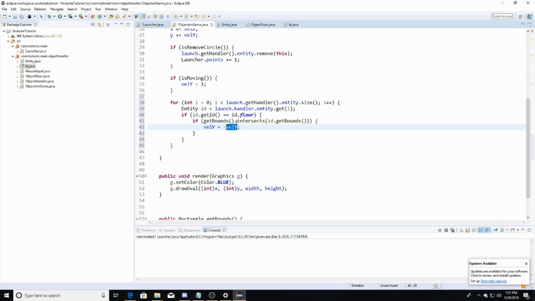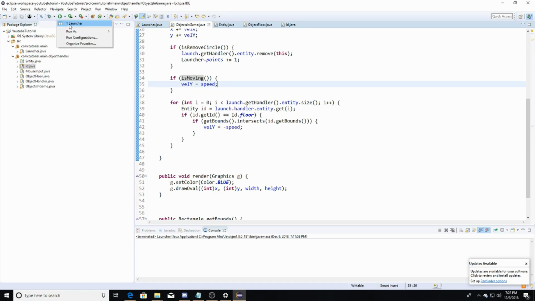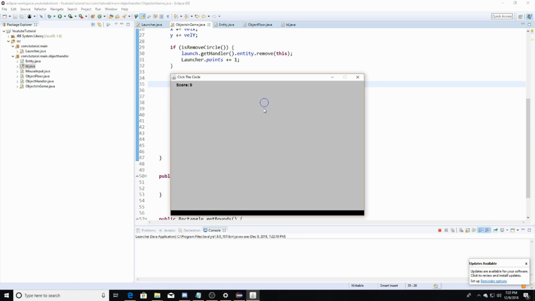And we will say velocity y minus speed. So that way it should shoot it back up. We'll just say this is equal to speed. If is moving is equal to speed. So that should do that. This ain't gonna be 100% accurate with hitting this, but